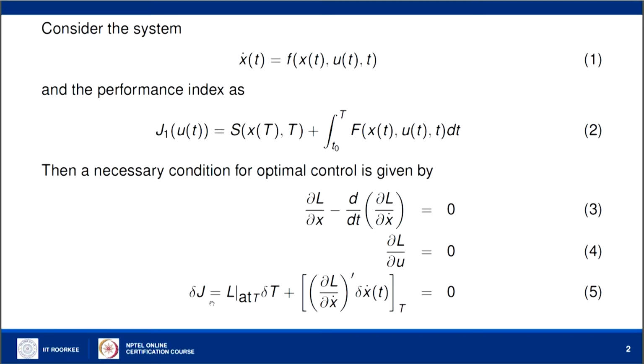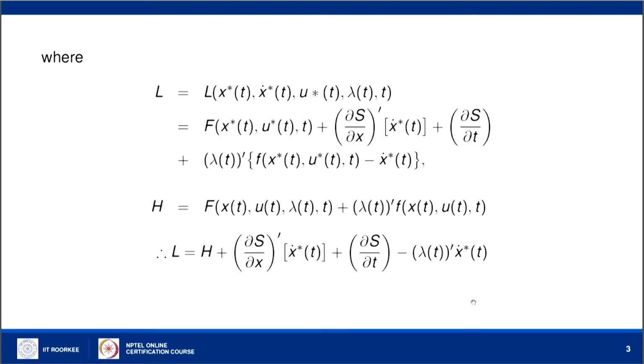So, here del J equal to 0 implies the value of L at the final time T into the variation of capital T plus del L by del x dot transpose into del x dot, evaluated at final time T, should be equal to 0. Here L denotes the Lagrangian function given by this expression. L is a function of x, x dot, u, the Lagrange multiplier lambda, and t, and which is given by this expression